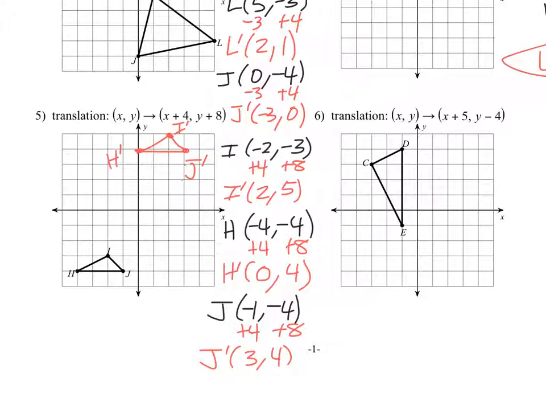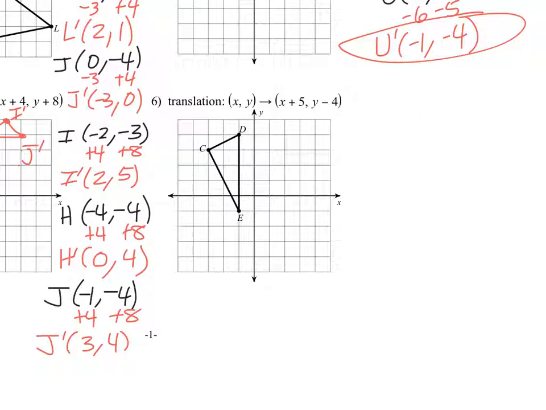So let's do this last one. I'm going to go a little bit faster here. So D is at negative 1, 1, 2, 3, 4. I'm going to go ahead and put the original points. E is at negative 1, negative 1. And then C is at negative 1, 2, 3, 1, 2,